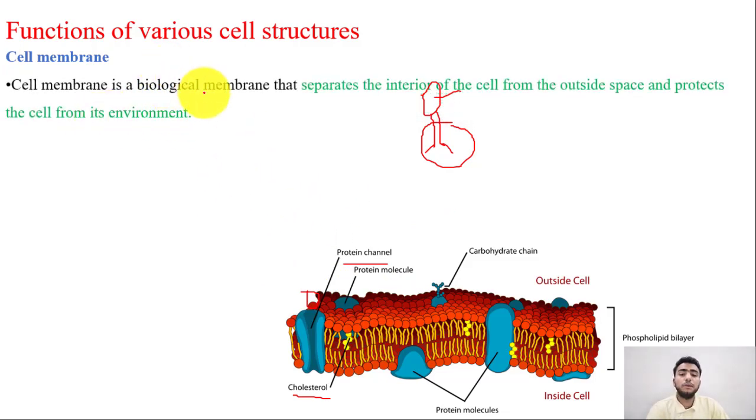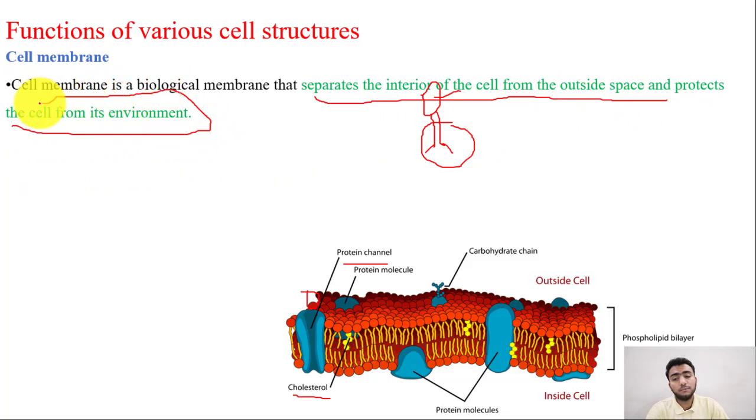So the cell membrane is a biological membrane that separates the interior of the cell from the outside space and protects the cell from its environment. So guys, it's important to use these sorts of words, and you must be really careful about using them and have a sound understanding. It protects the cell in its environment from other protein molecules or other ions, because you must understand that not every sort of ion is required at all times. As I told you, in the concept of coordination, you will also see that the sodium potassium pump is a really famous example of that.